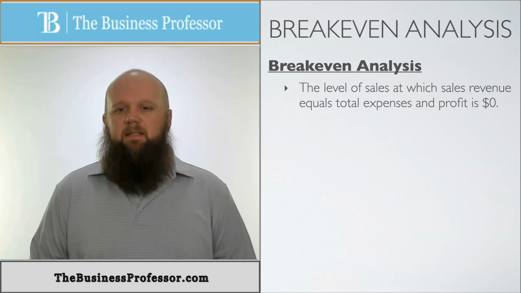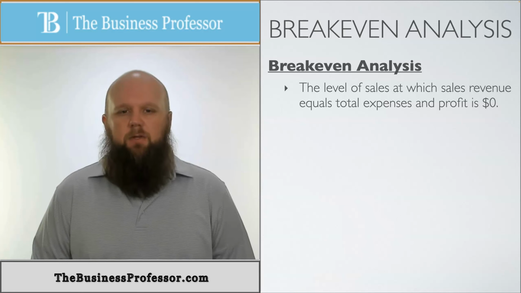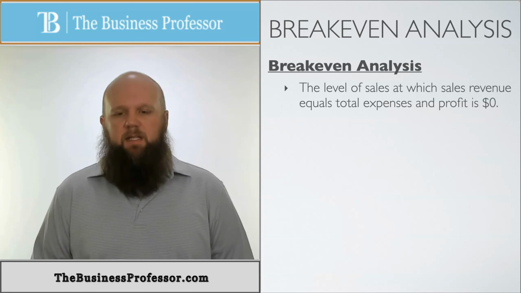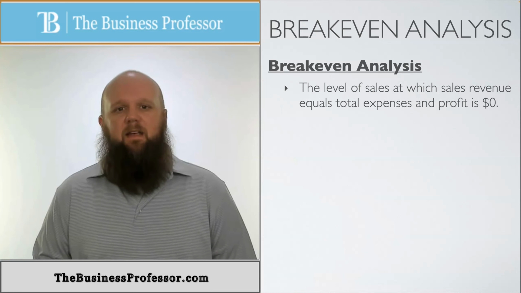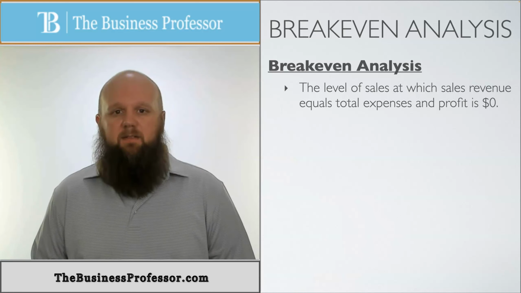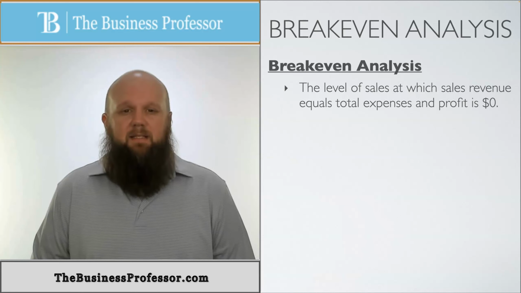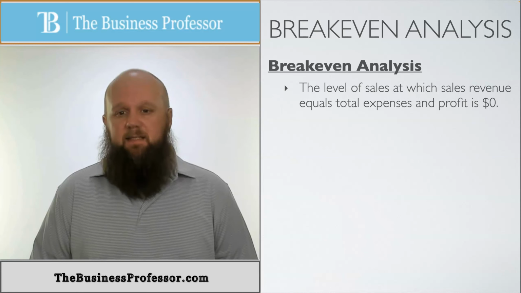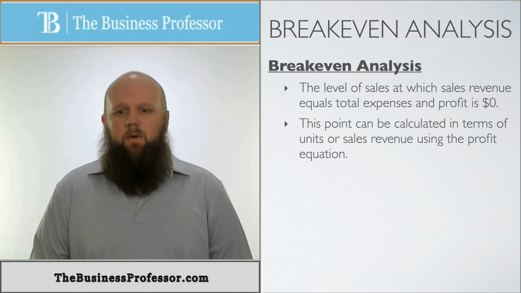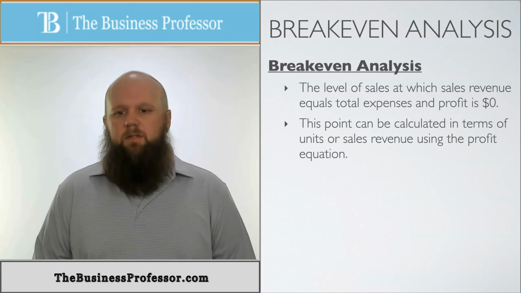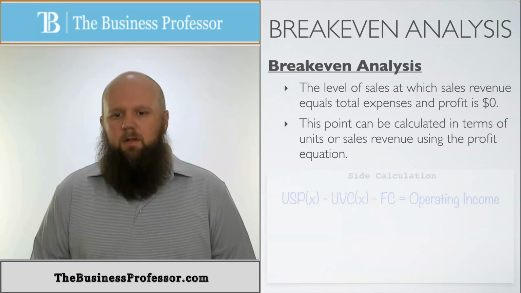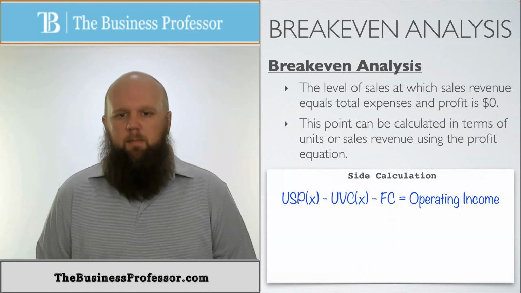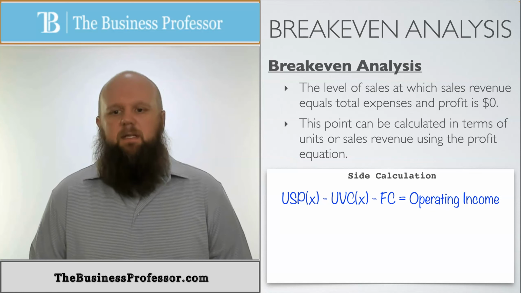So the break-even analysis is the level of sales at which sales revenues equals total expenses and the profit becomes zero. So I sell enough to maintain all my costs and I have nothing else after that. More or less, this is the bare minimum a business would like to see. This point can be calculated again in terms of units or sales revenue, dollars, using the following profit equation. So if you remember us talking about the profit equation, USP times X minus UVC times X minus FC equals